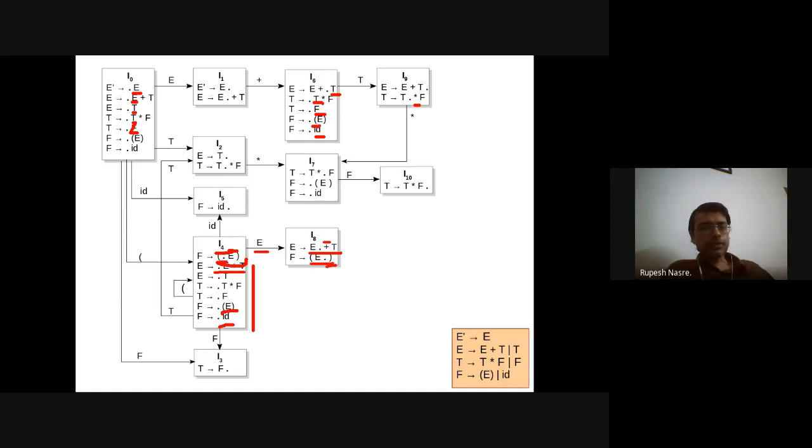Right? As far as other parts, Raghu and others have mentioned that on T, from I4 I go back to I2, on F I go to I3. Right? There are other productions which I have mentioned. Star, from I2 we go to T star dot F, that is our kernel item. From there two derivations of F get added. On capital F I can go to a new state, T star F dot, and this is going to represent a reduction, and so on, and you can complete it in this manner. Any questions on this point?